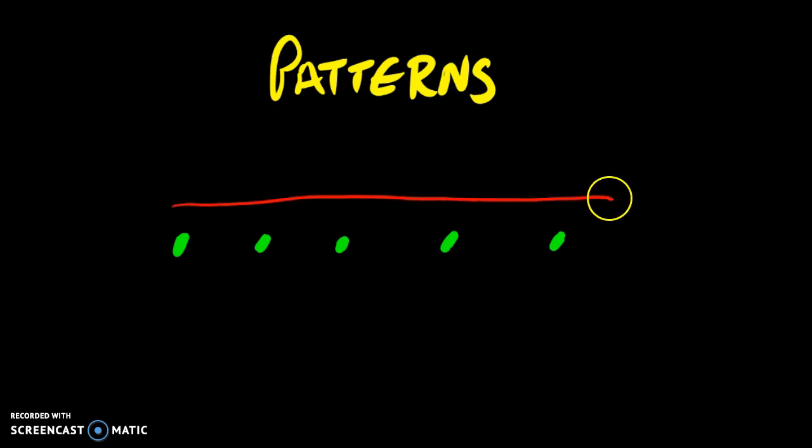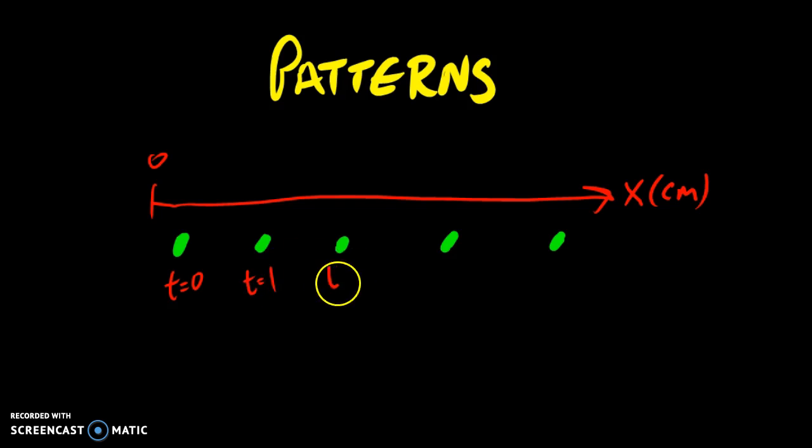And remember, these were markers along a position axis measured in centimeters. And this position axis had an origin, or a zero marker. And these markers represented the position of the bot at specific times. And most of you marked it every 1 second. So perhaps we had data something like